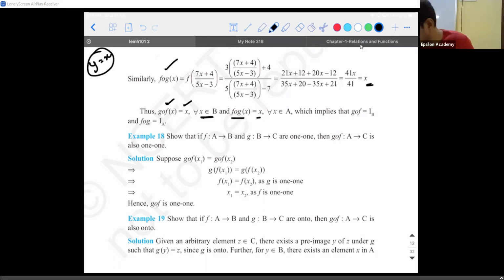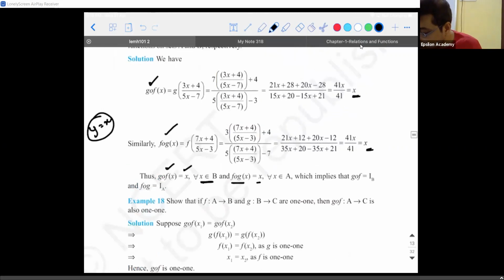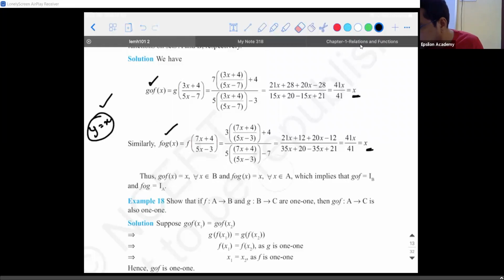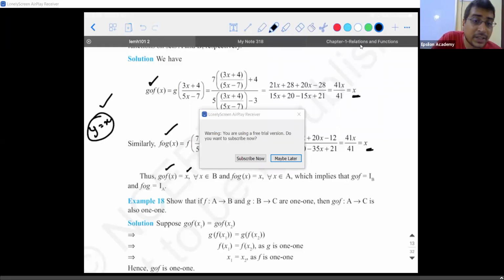What I'm trying to say is, you do g circle f of x, g of f of x, you will get x. If I take g of f of x as some Y of x, Y of x is equal to x. It's an identity function, y is equal to x. Similarly, f circle g of x, if I take it as Z of x, I get x. That is also an identity function. Now what they are trying to say is, if g circle f of x is going to give you an x, where should that x value come from?